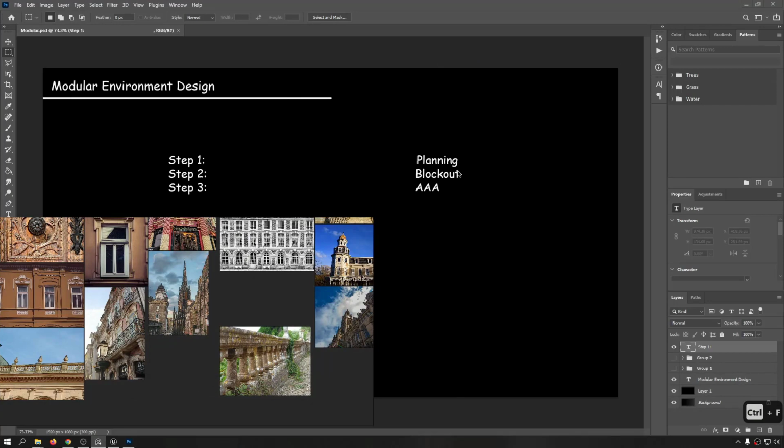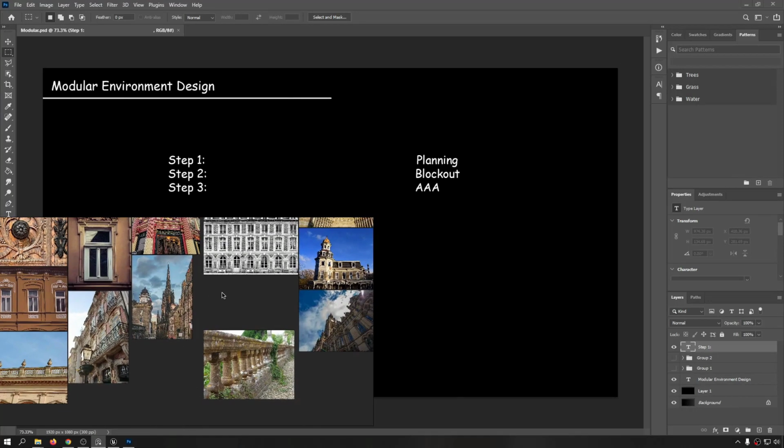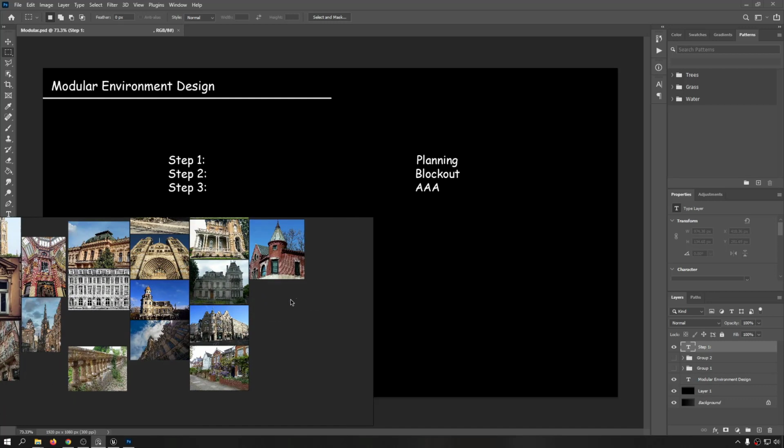The next step is the blockout. The same thing that we did in Blender just seconds ago. We go and create pieces, but we really do not need to add a lot of details into them. We are testing our ideas to see if they work or not. And when we made sure that the modularity is working all right, we go to the